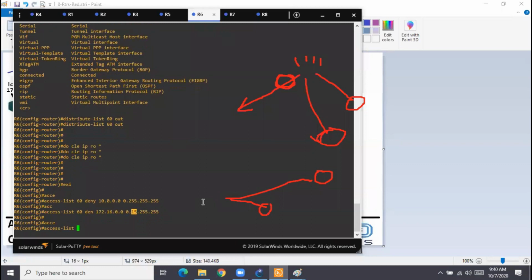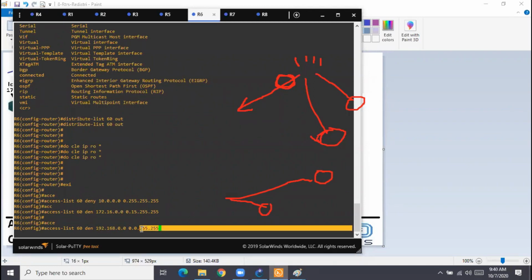Then class C. What is the class C private IP? Only 192.168.0.0. The wildcard mask here means 192.168 won't change, but the third octet can change and the fourth octet can be anything.